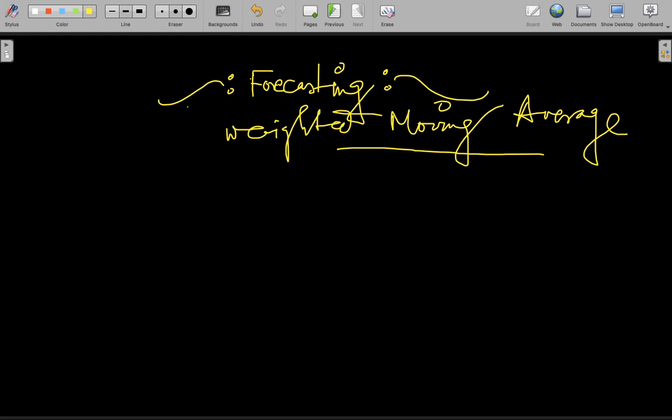It is something similar to what you have seen previously for the AR model or MA model or ARMA model, or when you plot ACF values for an AR model in a ACF plot in a correlogram. We have seen that there is a gradual decline of the ACF values for the past periods, right? So it is a similar thing here. We are assigning different weights, and it is more likely that we assign more weight to the present period and less weight to the past period. And that's all about weighted moving average. We don't really need to do more about this, but let me write down the formula here, how we express it.